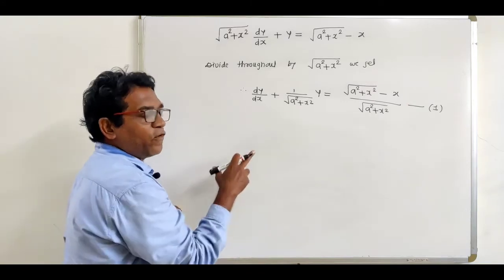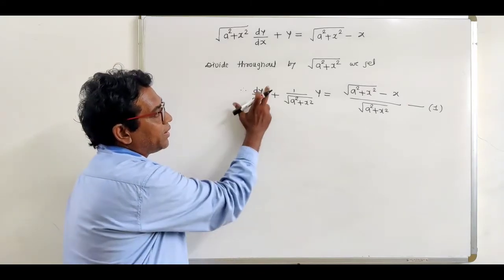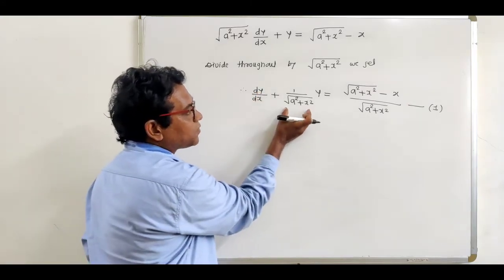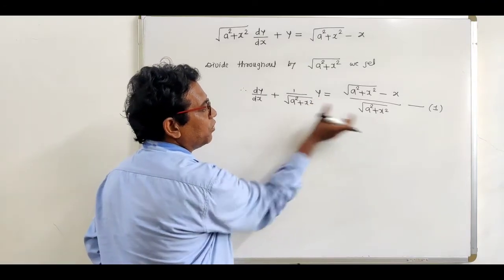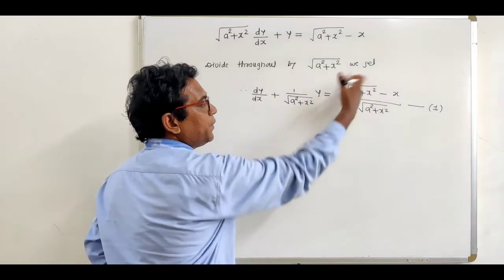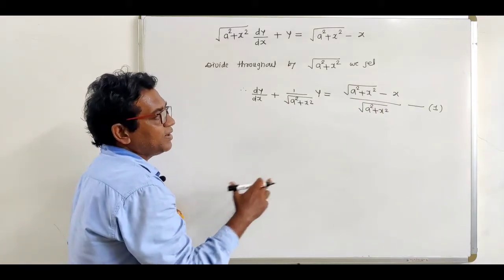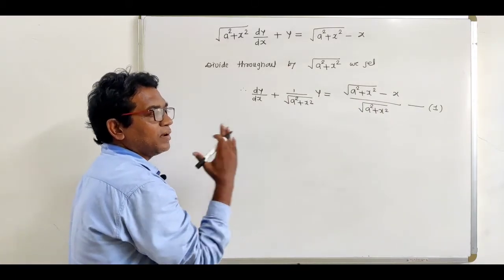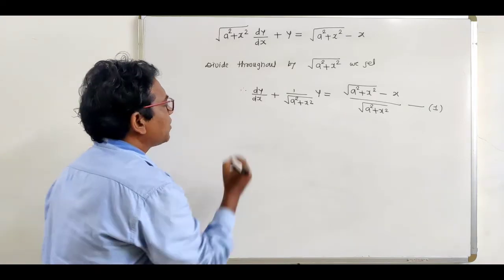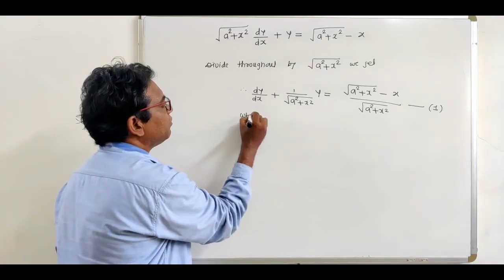So this is our required form. What is that form? dy/dx + P·y = Q, where P and Q are functions of x. So obviously this is a linear differential equation. So write down the identification,